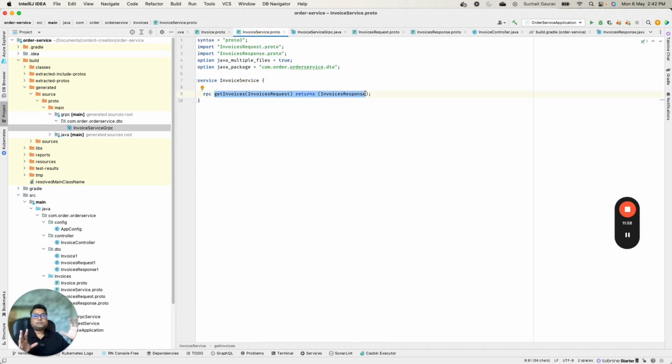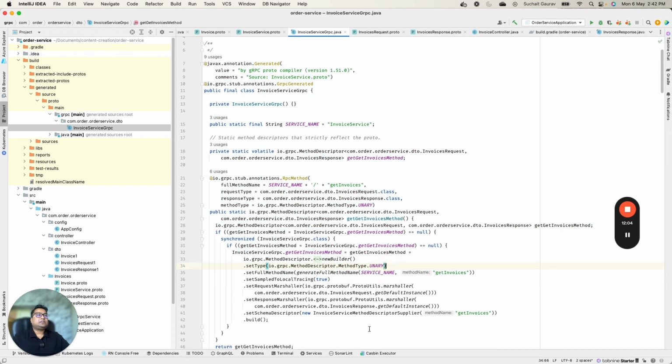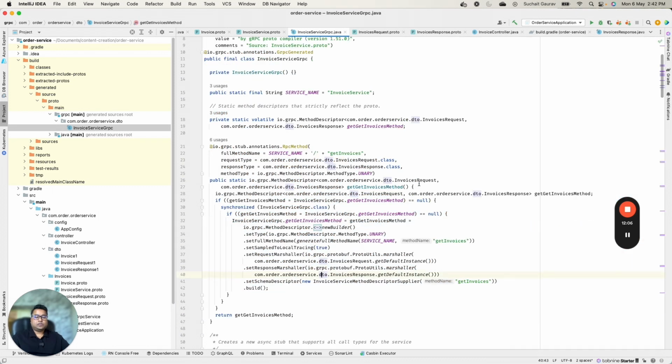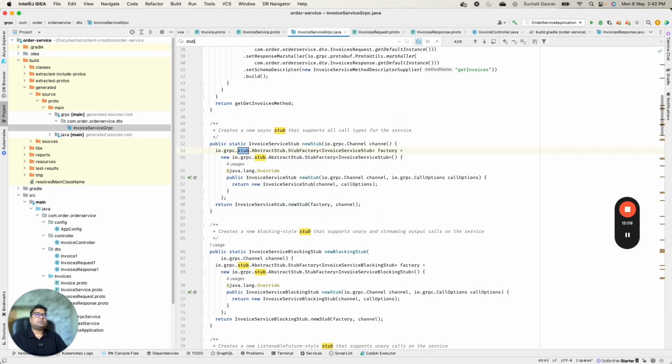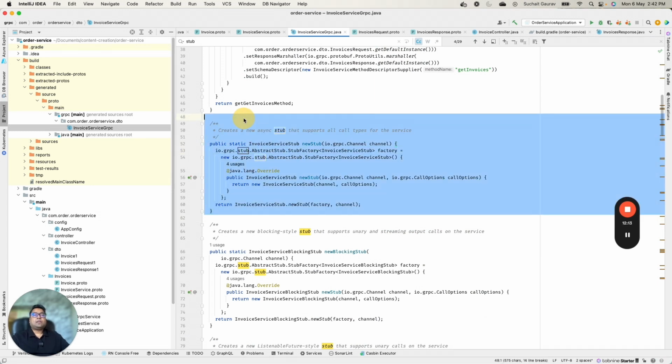Alright. Now this implementation also comes with a stub. That's what we have used here. If you see, this is the stub. You must be using some... Yeah, you see, invoice service stub. Okay. Now,